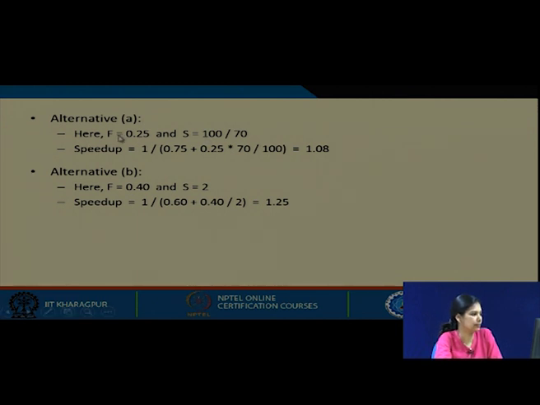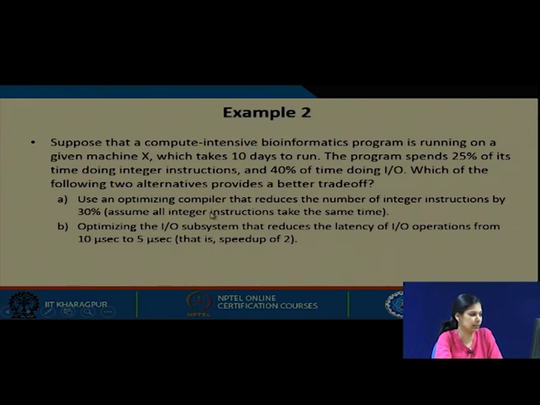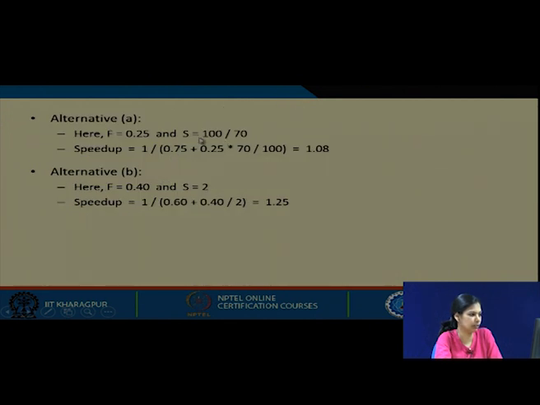In the first case F is 25% and S is, since we are reducing the instructions by 30%, and the program spent 25% of the time in integer operation, so S becomes 100 by 70. So, 0.75, there is no change on that, and 0.25 we are making a change, that is divided by S, which is 100 by 70, or multiplied by 70 by 100. So, we are getting a speed up of